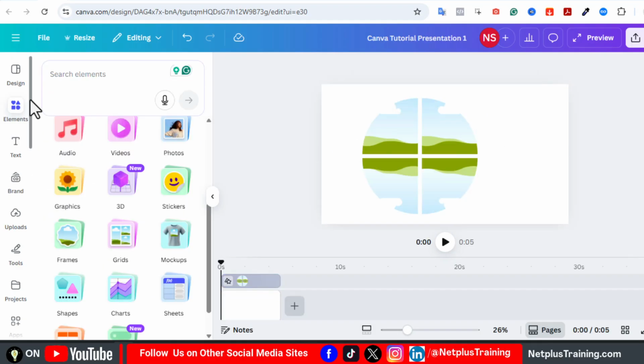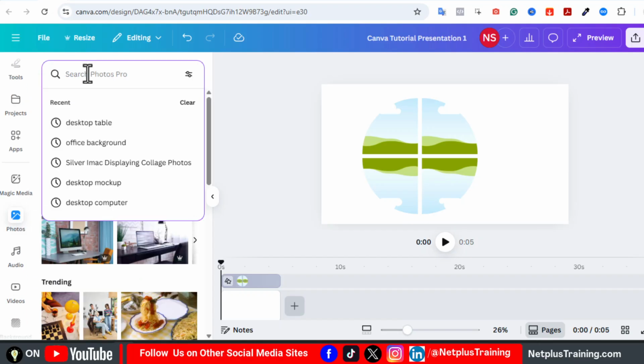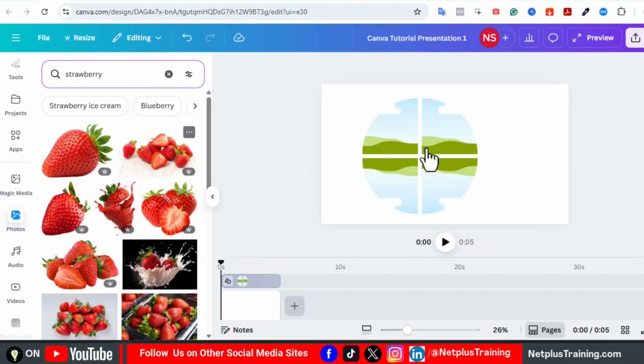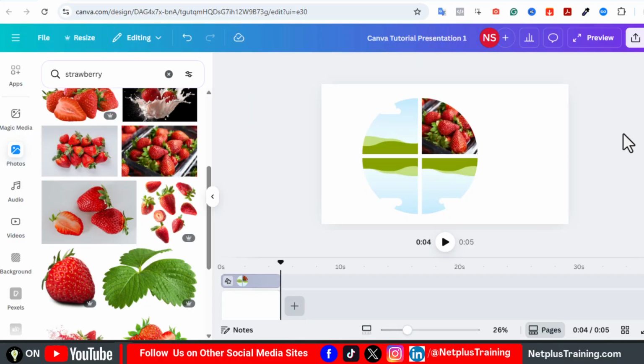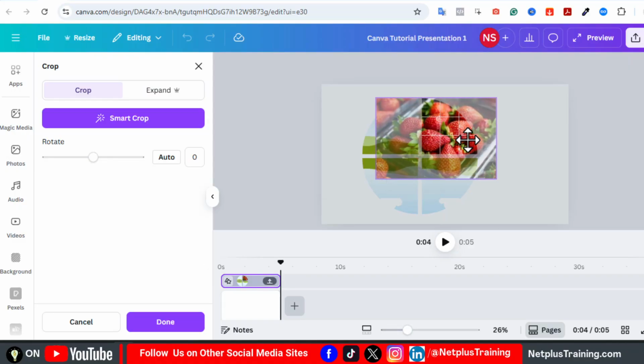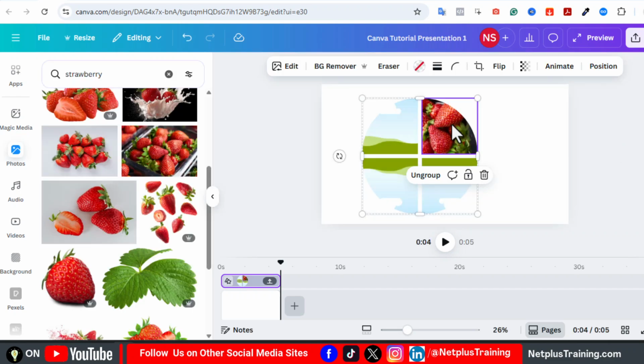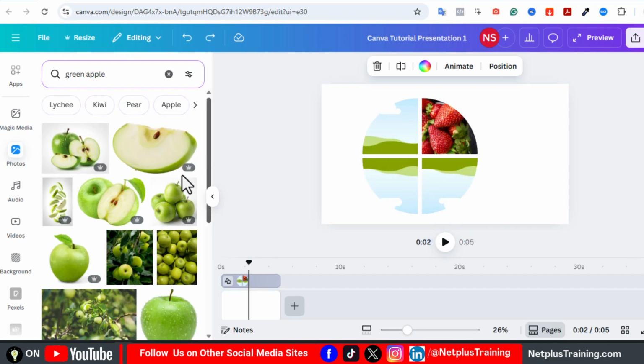Then go to the Photos tab. Search for different fruits in the photo library and drag them into each frame. Let's add strawberry in the first frame. Double click, resize, and rotate until it fits nicely. Do the same for the other fruits: